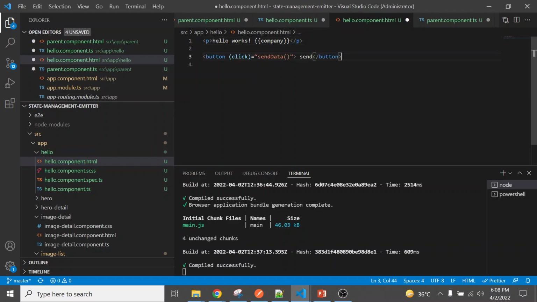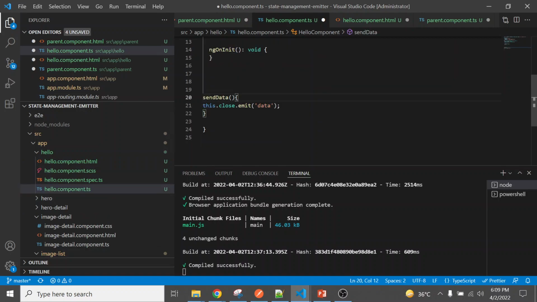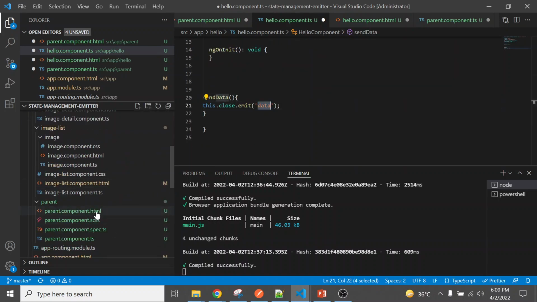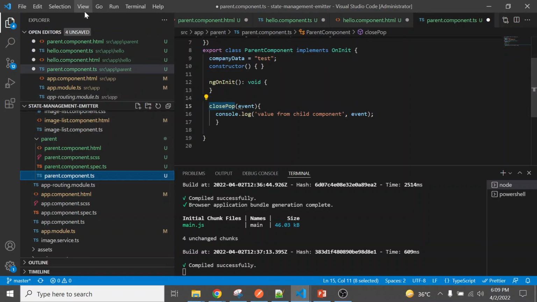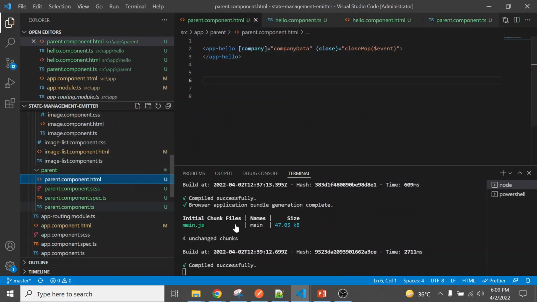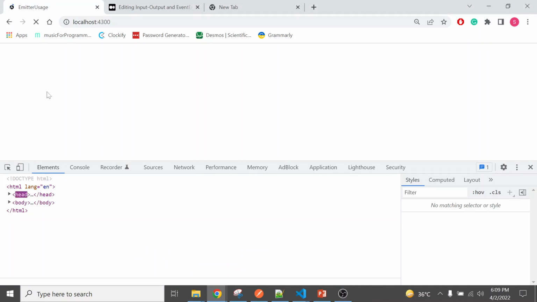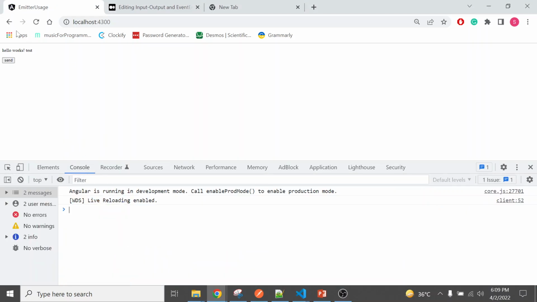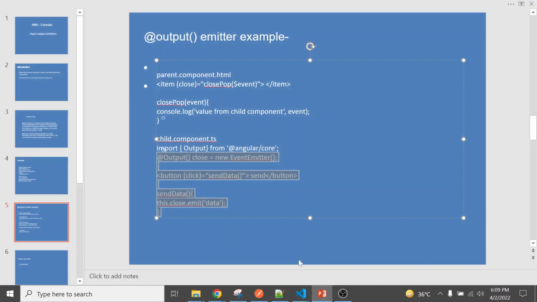I want to send this data to the parent component, so you can do that. Here the data is going to pass from here. Let me show you now.